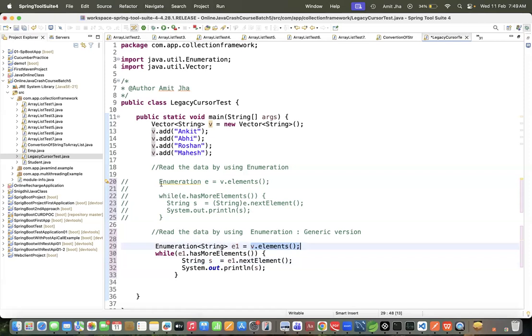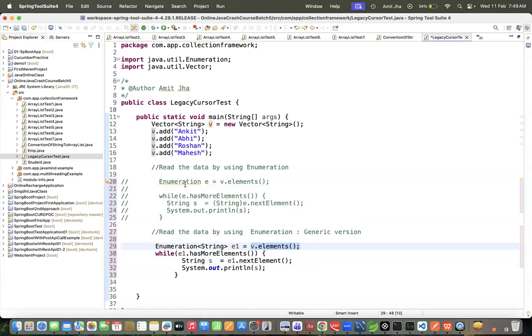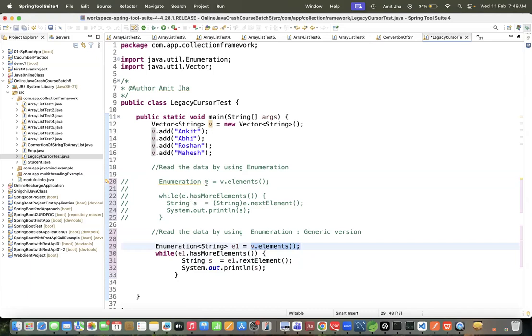Generic. But in this place, did we use any generic? No, sir. We have used enumeration, but normal enumeration. But in this place we use generic enumeration. Correct? Only string type, because we don't know what type may come. That's why we have typecasting. I explained earlier in the class also, heterogeneous data, instance of. Same thing here also I have done.